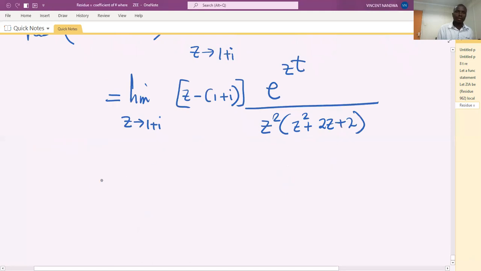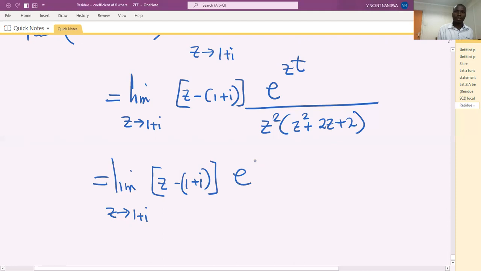And this we can write as limit z approaches 1 plus i, z minus 1 plus i times e raised power zt